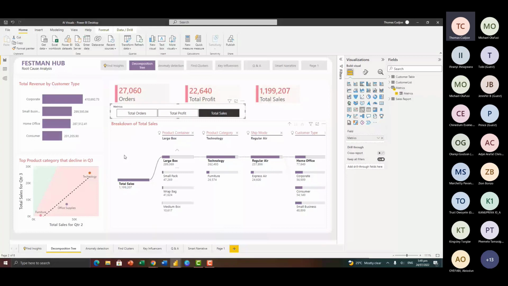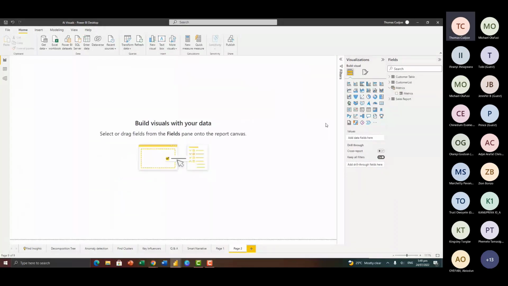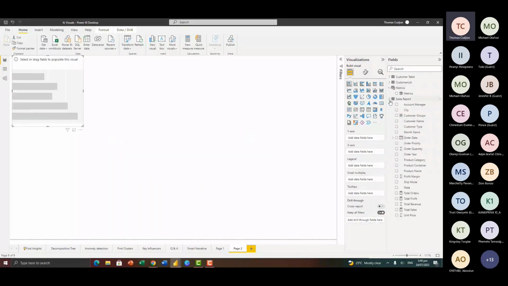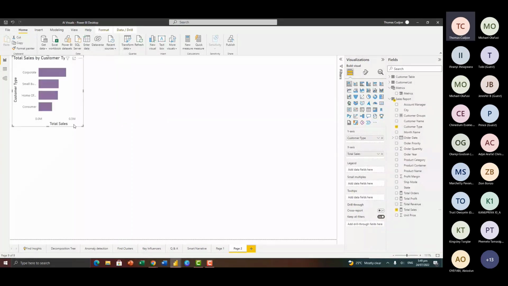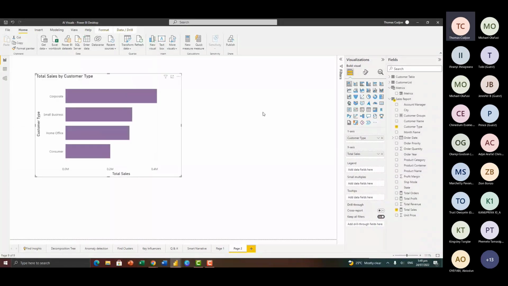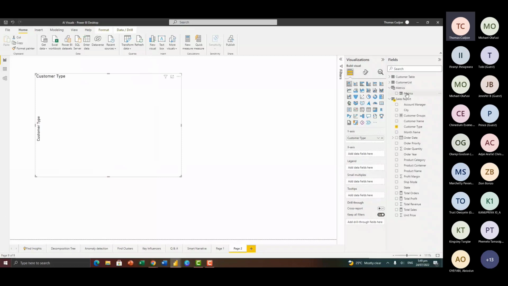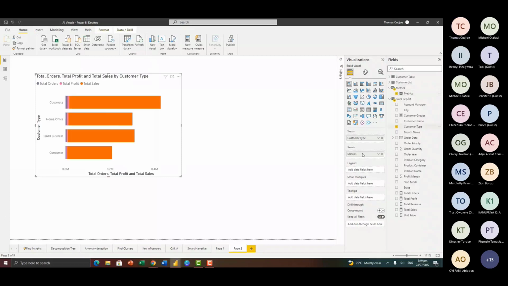So let's go to a blank page. And here I'm going to create a very simple report. So I'll go to sales report, and I want to look at maybe account, customer type. And here I'm going to look at total sales. So you can bring in your total sales here. And now this is going to look at this total sales by customer type. If I want this to be dynamic, where I'm going to look at different measures, I can then use this here instead of using the measure. And now we have this here.